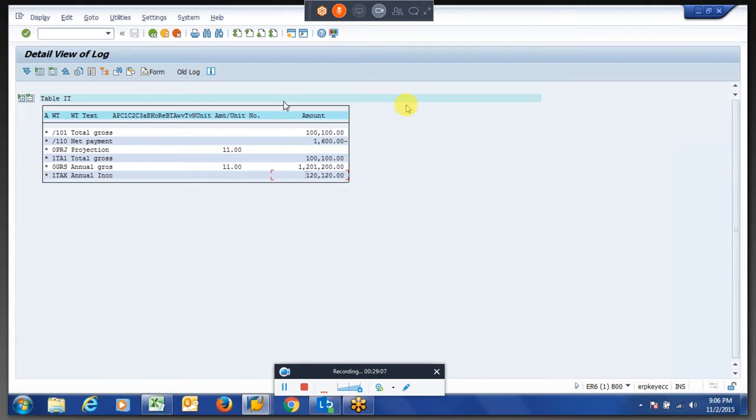Right, so we'll do the same thing. We'll write a PCR. If there is a social contribution, we'll reduce the gross accordingly, stating that this is the rebate or exemption the employee is going to get.